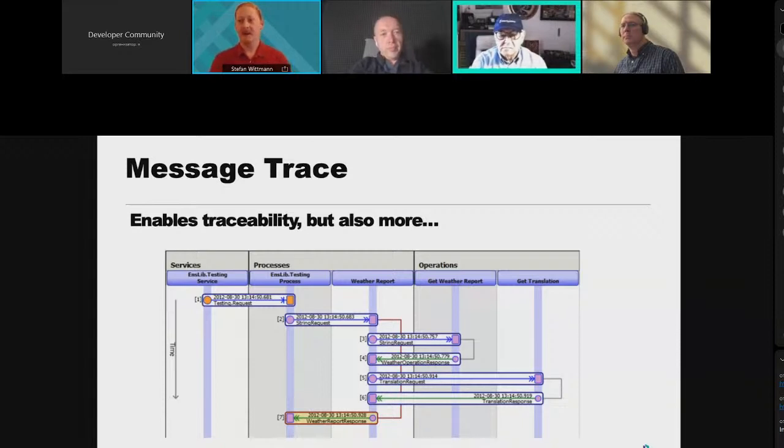But it also, and that's the second dimension to this, which is very often overlooked, everything here, every record is being stored in tables that you can query. And that allows you to understand the performance of your system. It allows you to understand where bottlenecks are. It allows you to understand what you can do to optimize your system.